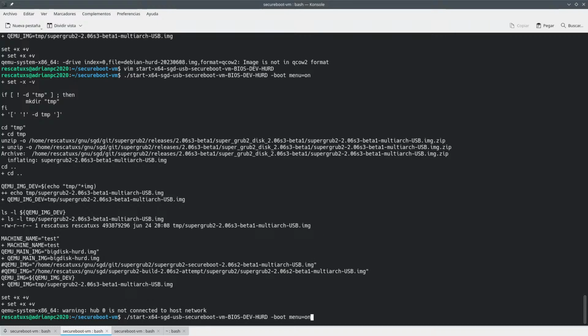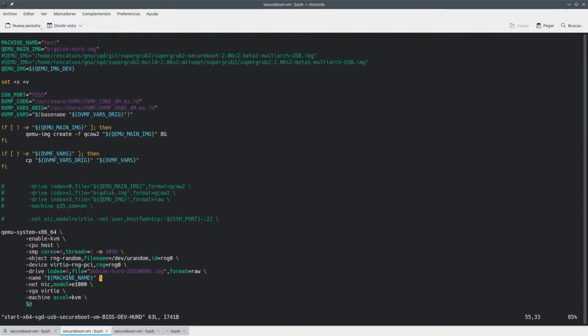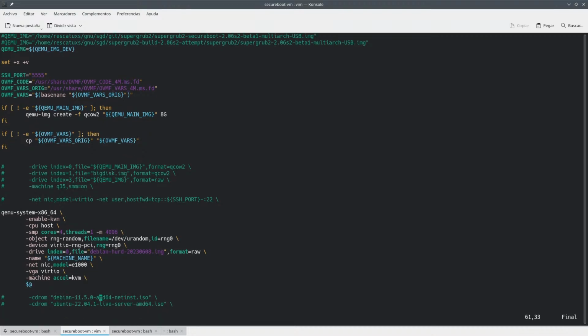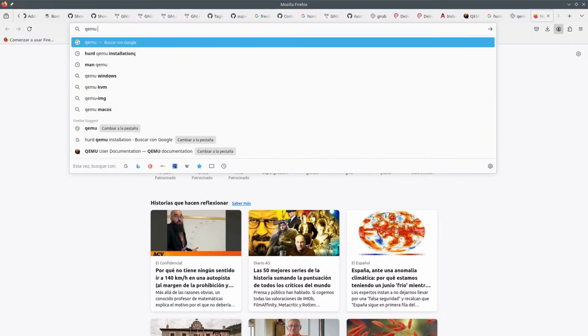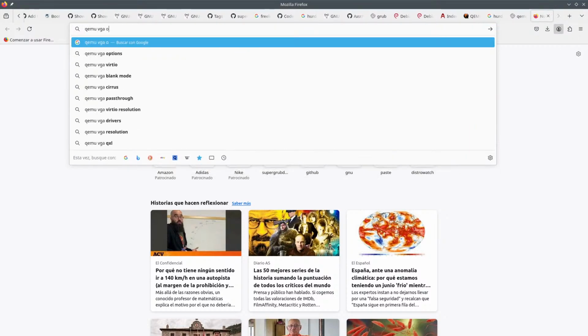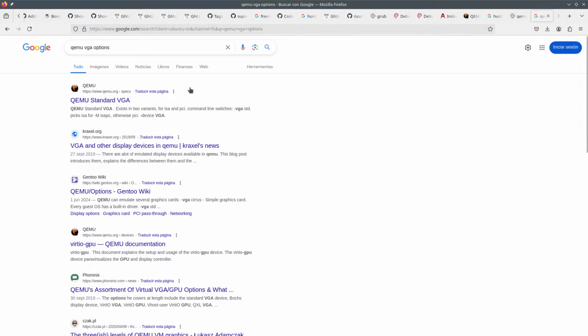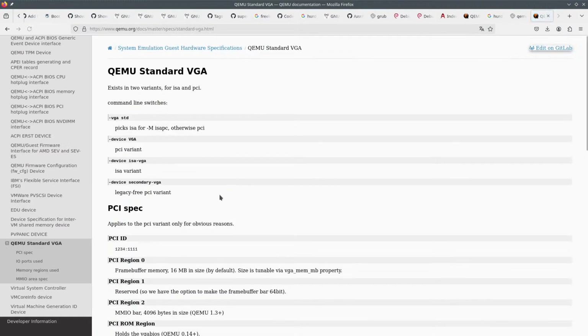Okay, let's edit this and let's see. QEMU VGA options. How do you do this? STD.